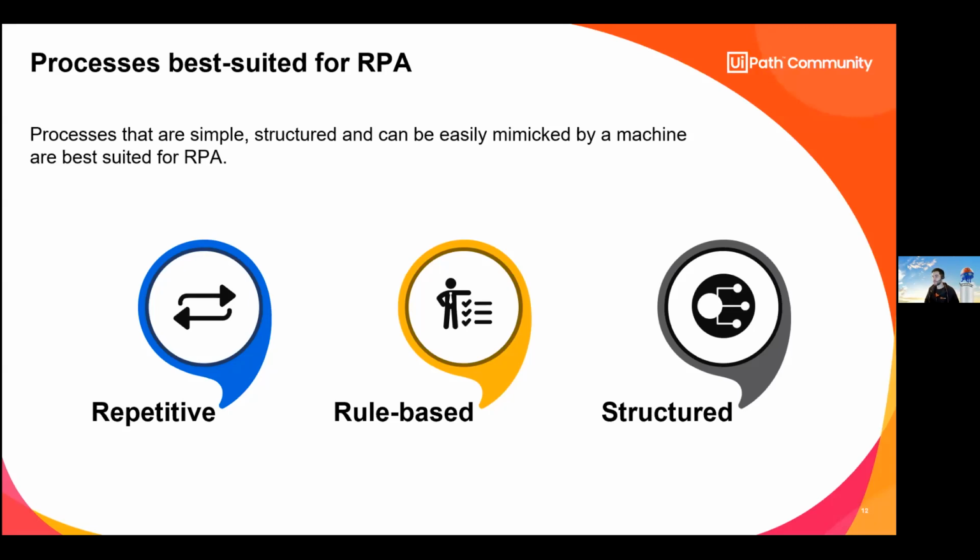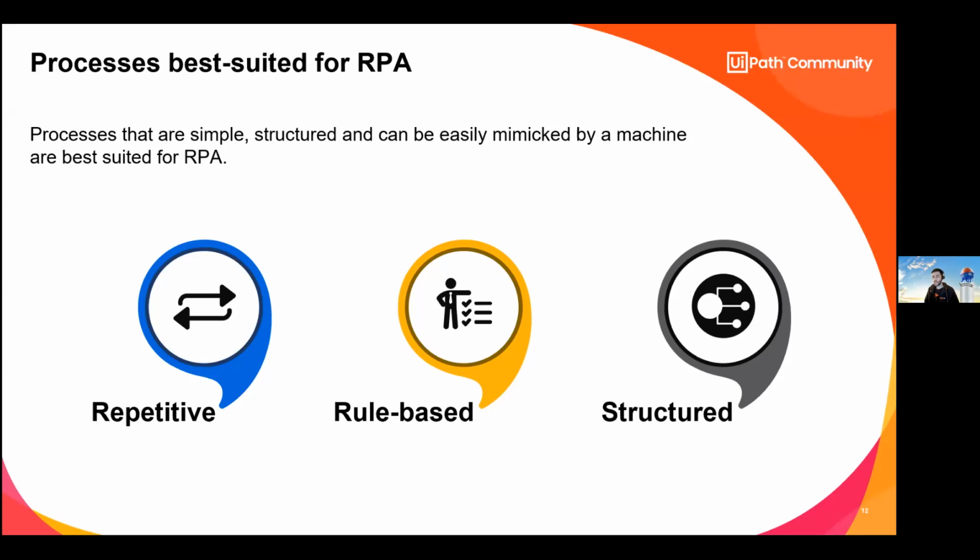Then we talk about rule-based processes. We cannot automate a process if we cannot define the rules and the things that we need to tell the process to do. So for a process to be automated, we need to be able to tell the robot, if you have this information, you need to do this. If you have another thing, you need to do that. Let's say, for example, again, with the banking reconciliation. If you don't have rules to do the reconciliation and you do it mostly because you know the data that you're handling, then you cannot automate that because you need to specify to the robot what it needs to do.